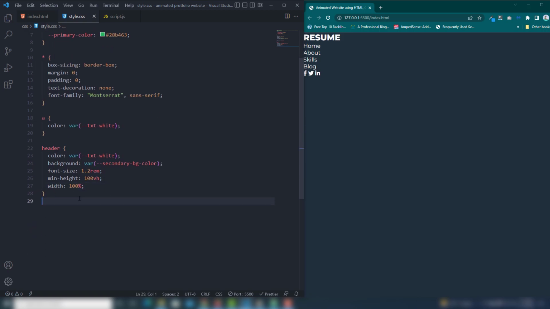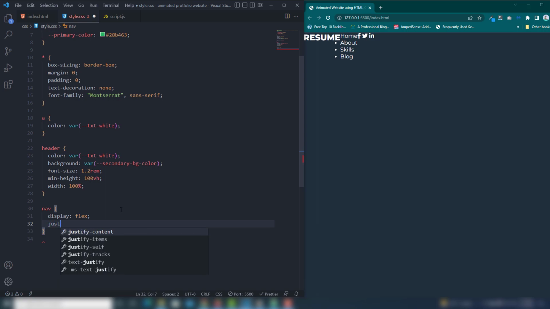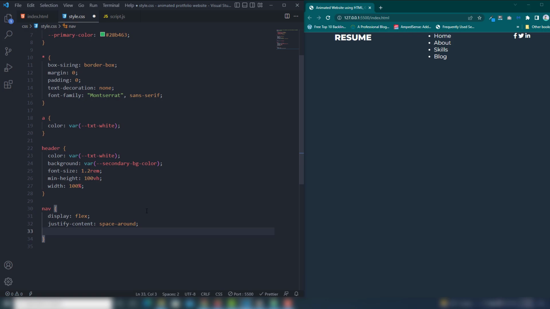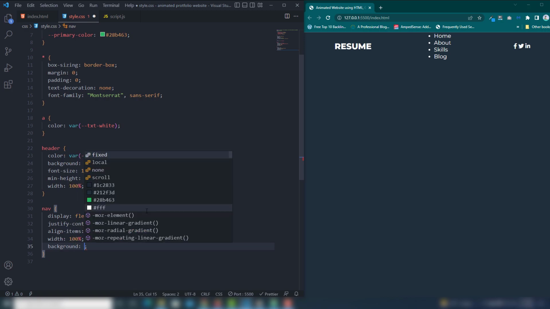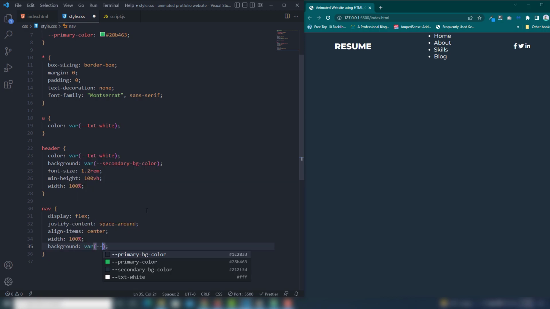So perfect. And then I'm gonna select my nav tag, and I'm gonna call display flex, and then I'm gonna call justify content will be space around. I want to make a space with our logo, menus, and also icon, right? And align items will be center, width will be 100%. So perfect. And I'm gonna use the background color, and there will be primary peach color. Perfect. And also I'm gonna add the height 80 pixel on that.